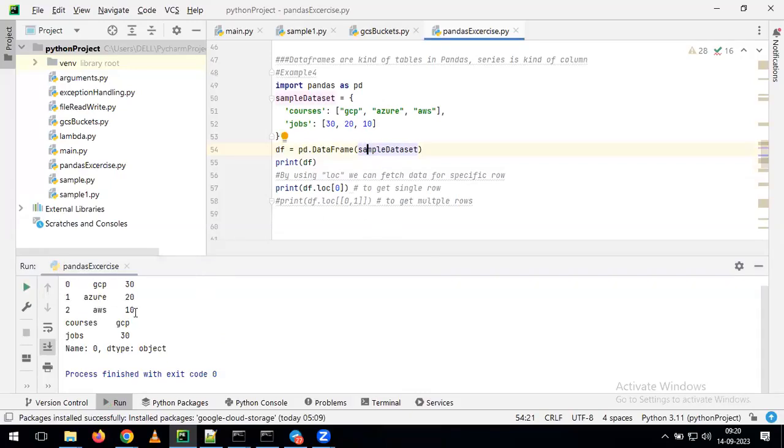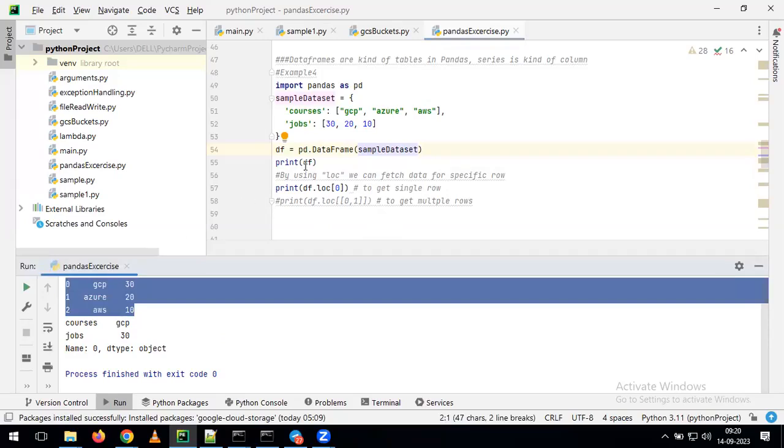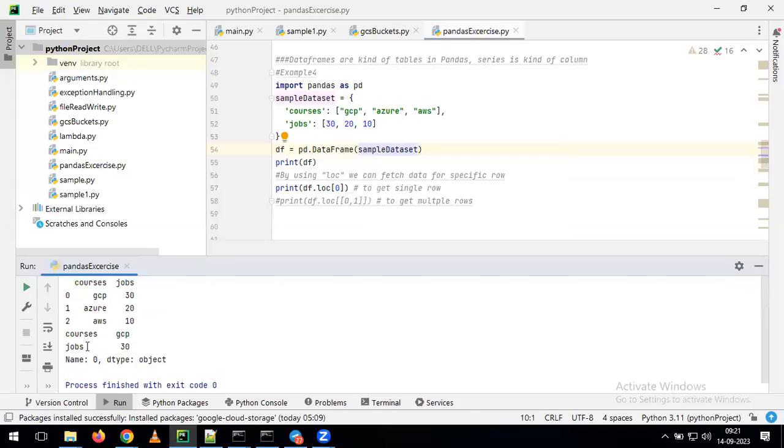Now see what's happening. This is the output of your print df. What is the meaning of print df? It is displaying the complete data frame, and after that I am giving the print df.loc[0]. What is the meaning of loc[0] here? It is displaying only the first row. In the first row, we have the course as GCP and we are getting the jobs as